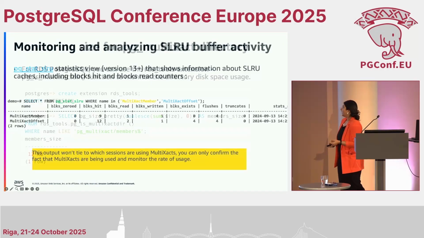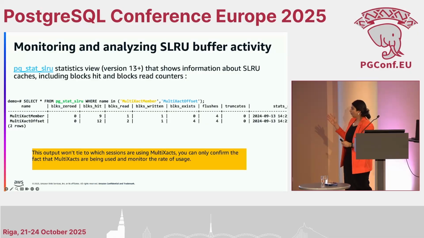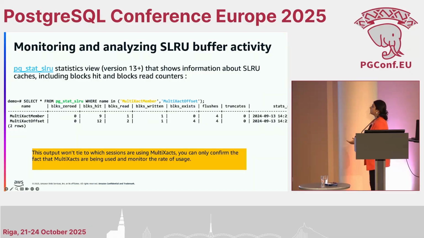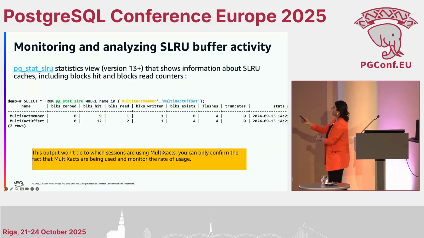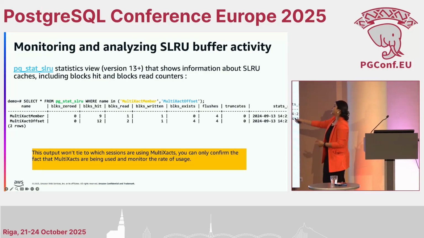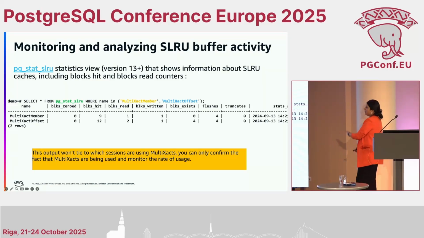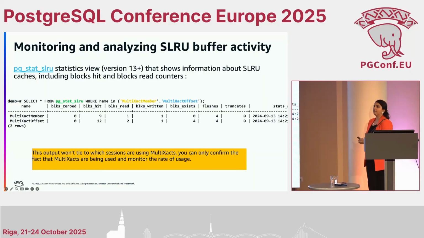So that is one. And this is interesting because PG stat SLRU is a view which was released in Postgres version 13, which shows information about the SLRUs. So basically what it shows is, when I was trying to access that data, how many were hits, how many were there in the shared buffers already, how many I had to read, how many were written, and how many flushes and truncates. So similar to how you basically see the data for